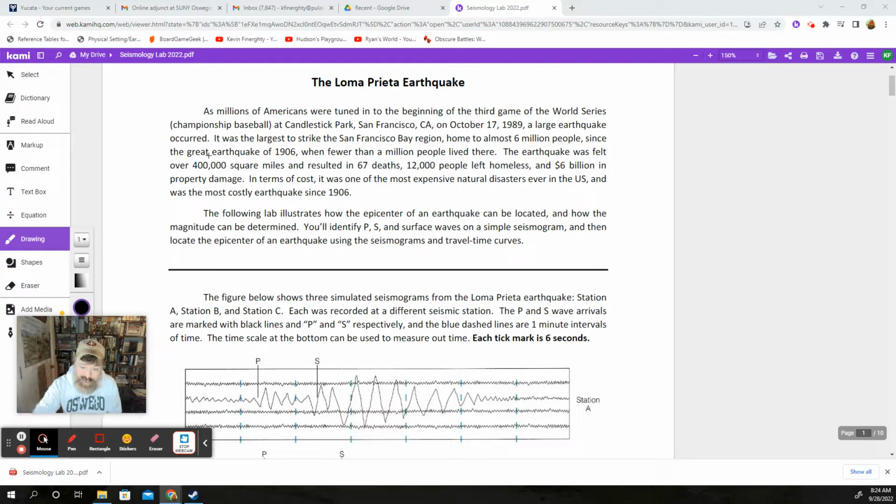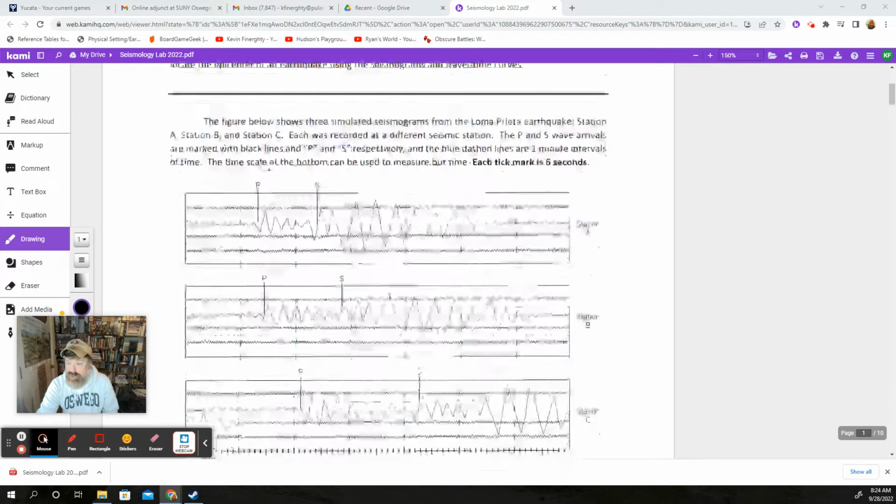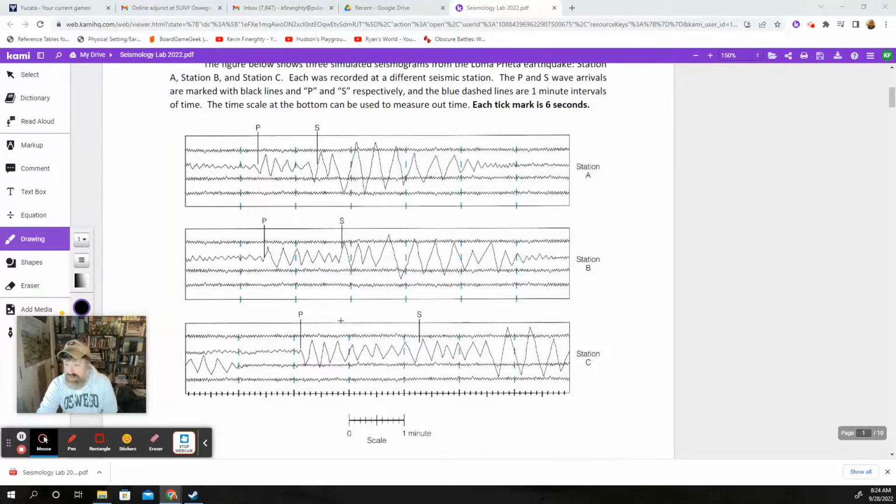Either way, we're not going to get into necessarily the numbers here. What we're going to do is figure out how to locate where an earthquake took place. Where is the epicenter? So what's the most amount of stations you can have out there in a practical sense? What density can you have? They're not going to be everywhere. So where are they? And then how do they tell how far away it is?